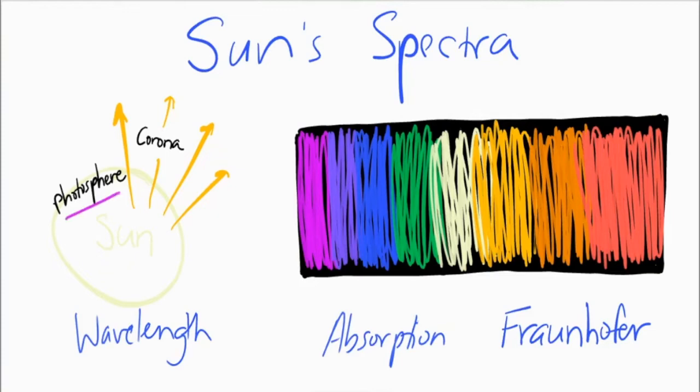And what he found out is there was not a complete spectrum of violet to red. Instead, there were black lines inside the spectrum. And these black lines meant that some of the light from the sun was being absorbed. What was absorbing it? Cooler gas outside at the edge of the corona, the sun's atmosphere, was absorbing the light coming from the photosphere, the surface of the sun. And these gases were absorbing certain wavelengths of light.